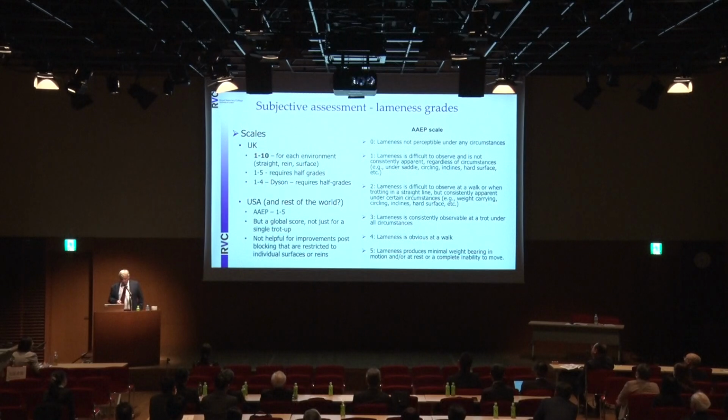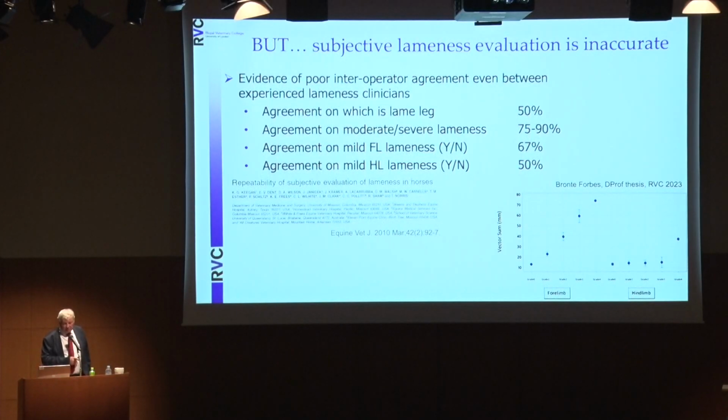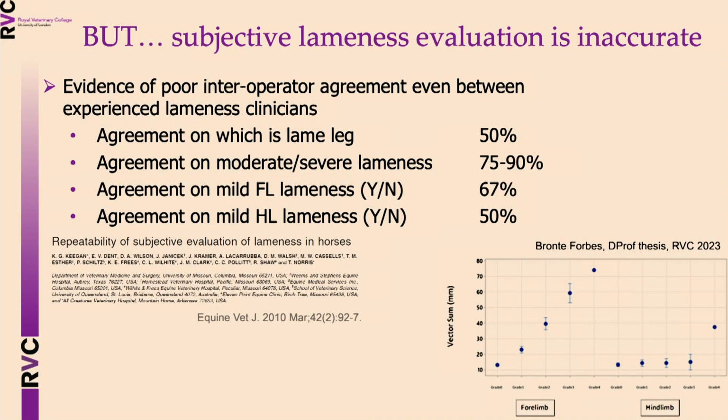Which is why we still use a 1 to 10 scale. But there is a problem with these scales because subjective lameness evaluation is remarkably inaccurate when you assess the